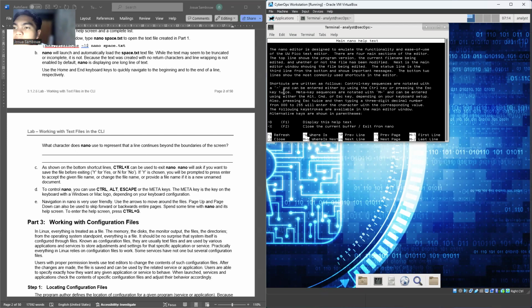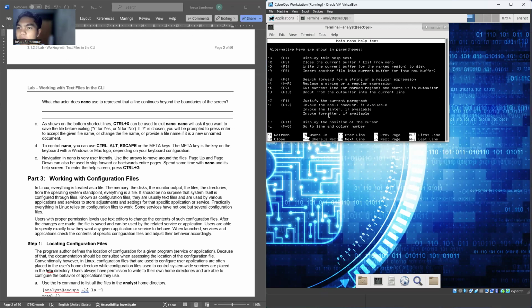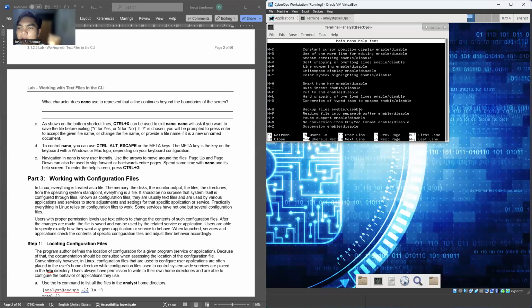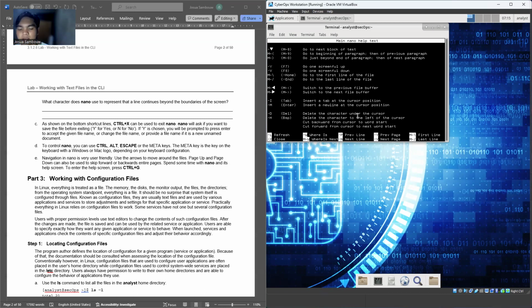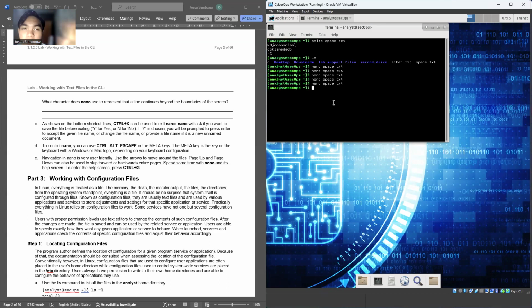Okay, it's too long. We spend too much time on it. I don't need it displayed. Oh my god. All the shortcuts and the information about nano sessions are in here. Just close and exit. Okay, still use X.